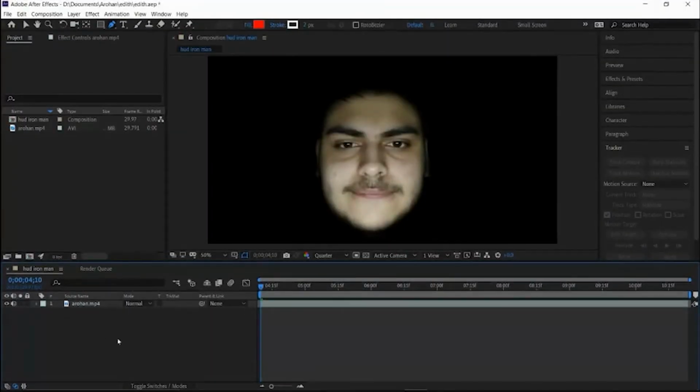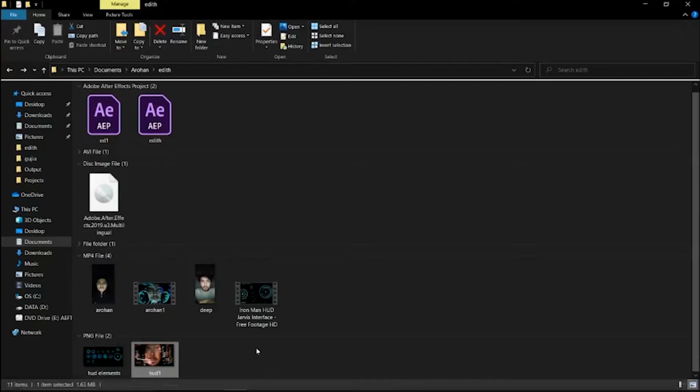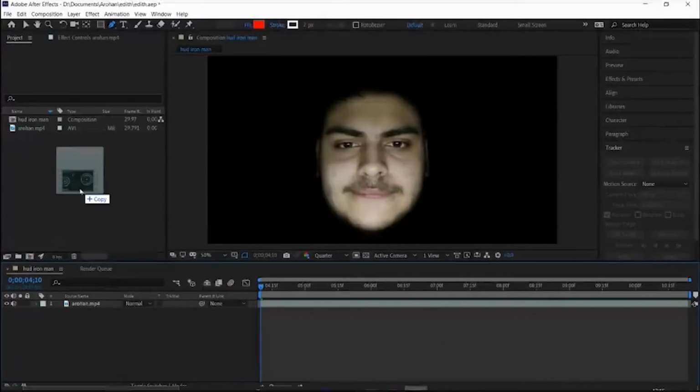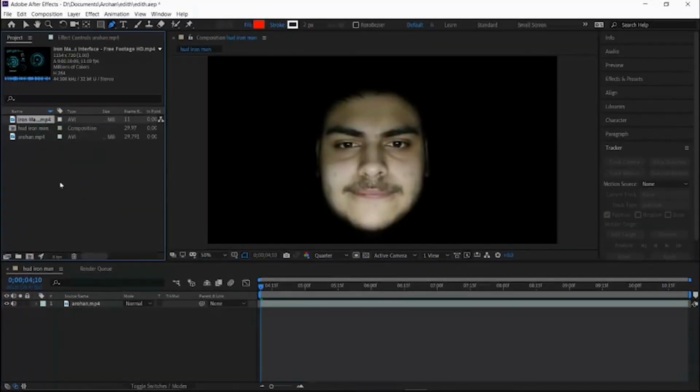Once this is done, we need to add the HUD elements now. Similar to how we imported our main video, we are going to import this. Just drag and drop it into the After Effects interface, and then drag it to the timeline.